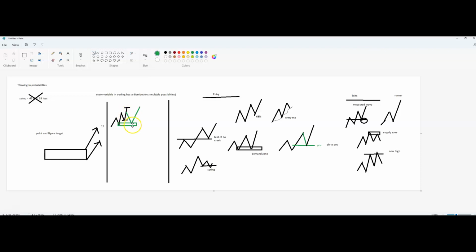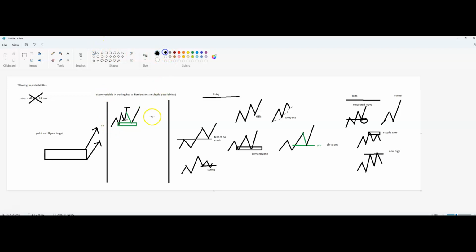Price goes down to the demand zone, but these guys get filled, and price goes to the target that he wanted it to go to, and he doesn't take a damn thing out of the trade. He doesn't take even 500, even though he had 500. He could have scaled out half the position or at least a third of the position, but he doesn't. So this is the problem. And I'm saying this because this is not a fictitious scenario. It happens to everyone. It happens to me so many times, I can't tell you. So that's why I learned.